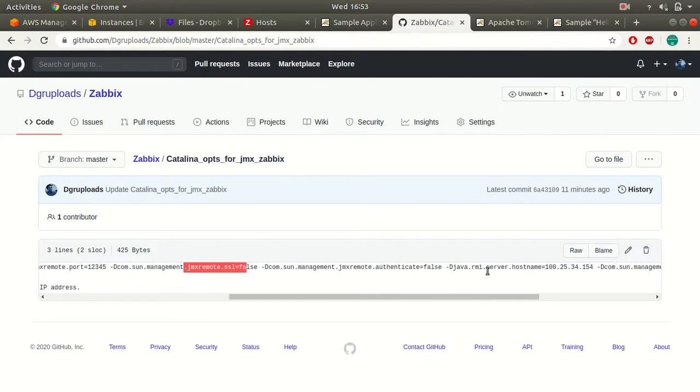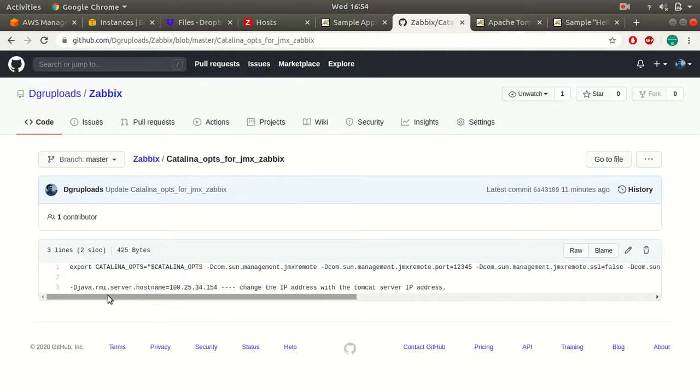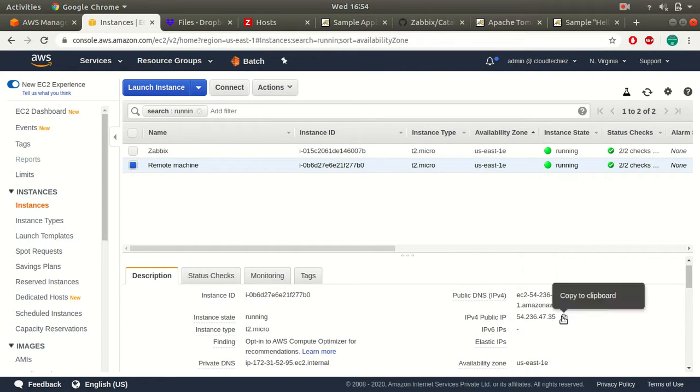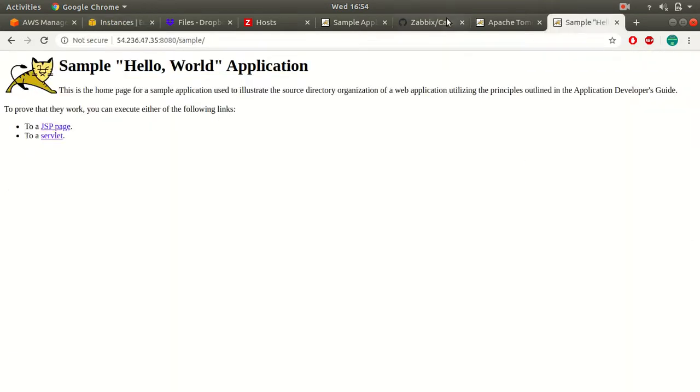And then comes your RMI server hostname. Here you will need to provide the IP address of your server where your Tomcat is running. So I have explained it again. For this particular information, you'll need to provide the IP address of your server where your Tomcat is running. My Tomcat is running on this remote machine, so make sure you replace that.